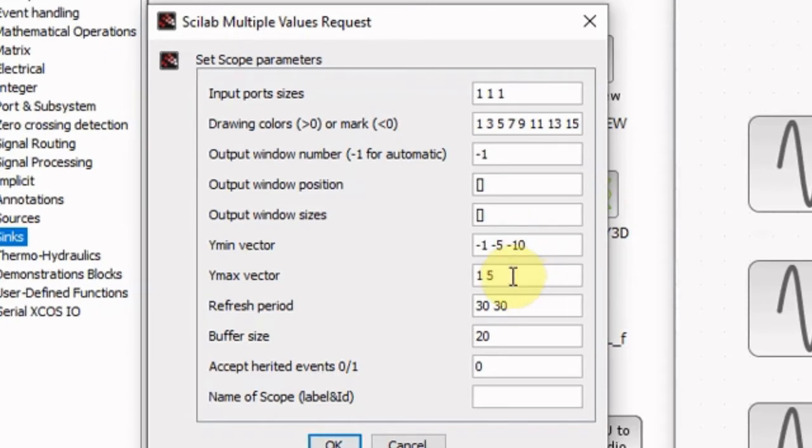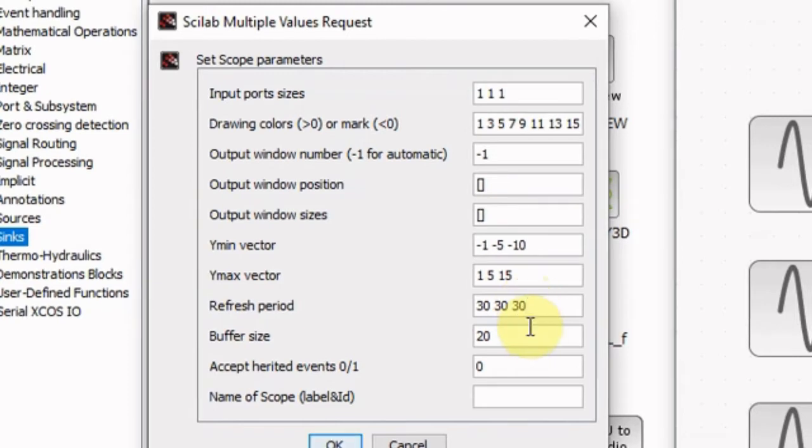So say if I add this for the minimum value and this for the maximum value, and also refresh period for the third port has to be added up, and remaining parameters will remain the same. Let us change the Ymin and Ymax for the other ports.